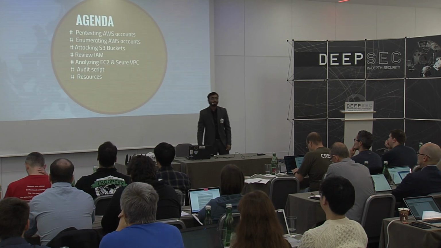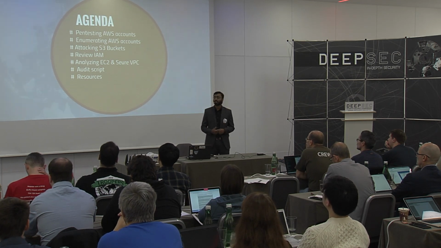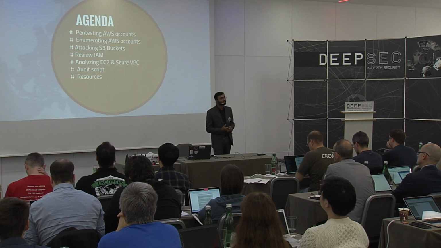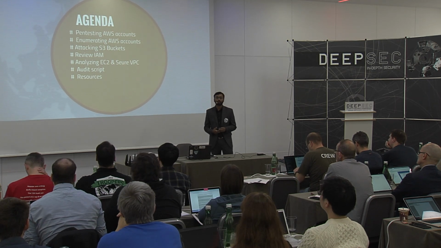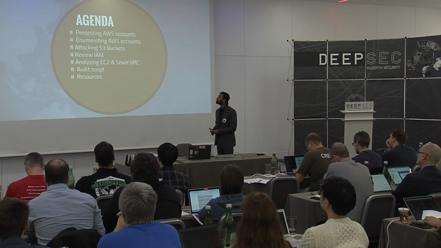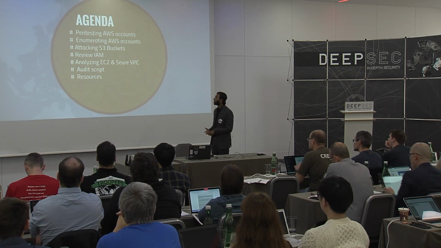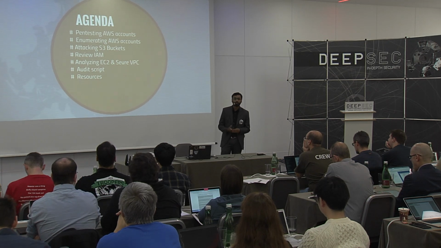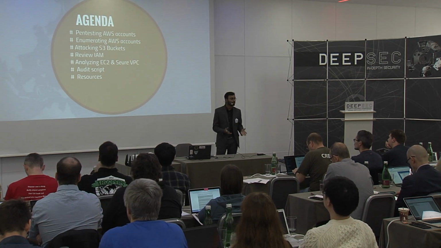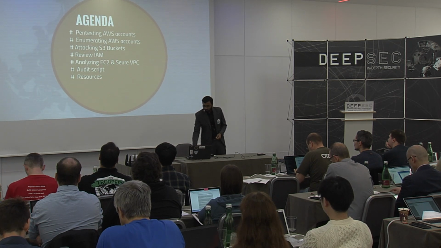To start with, this is a brief agenda of what we will be talking about today. It basically includes how you should approach and plan out an AWS environment pen test, which starts from enumerating the services, then moving on to three majorly used services which are EC2, S3, and IAM, which you have to use by default. Then we will be looking at an audit script and a couple of resources that you can use for doing a proper pen test on an AWS environment.